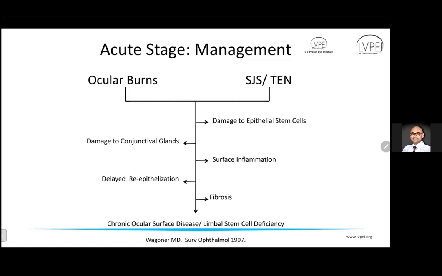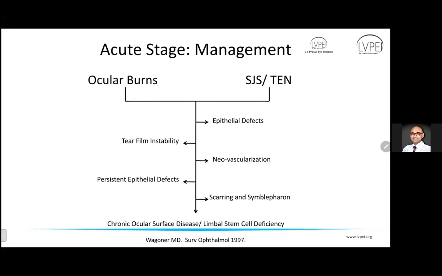Now, with regards to the damage to the epithelial stem cells, that manifests as epithelial defects on the surface, which are healing slowly or not healing at all. Damage to the conjunctival glands and the periglandular tissue around the lacrimal glands results basically in a deficient and an unstable tear film. Inflammation, which is persistent on the surface, leads to neovascularization, angiogenesis, and delayed reepithelization results in persistent epithelial defects. And fibrosis, like I said, manifests as scarring and symblepharon, corneal scarring and symblepharon or forniceal shortening and other changes